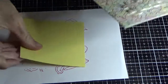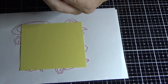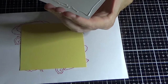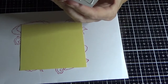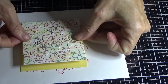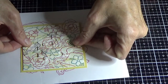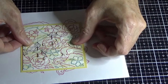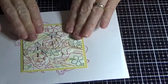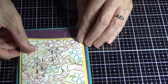So then this is where the So Saffron comes in. Then we're just going to glue that down to there. Then just try and get it as centred as you can, or if you wanted to lift it up even more off the card, you could put dimensionals under it, but I don't want to because I'm going to be adding some words. So then you've got that border, and then we have to decide where we want to pop it on here,